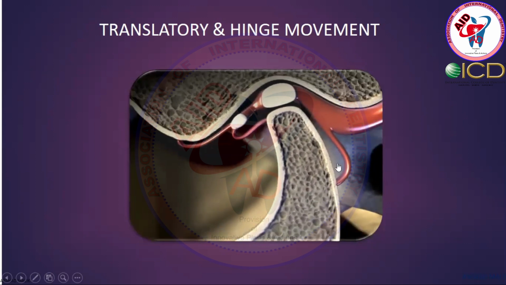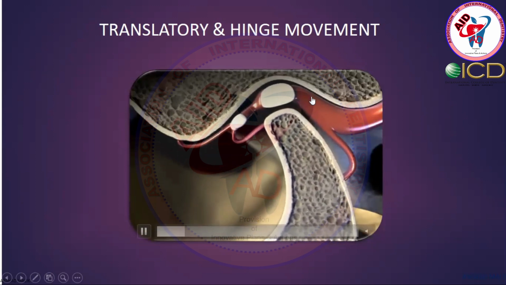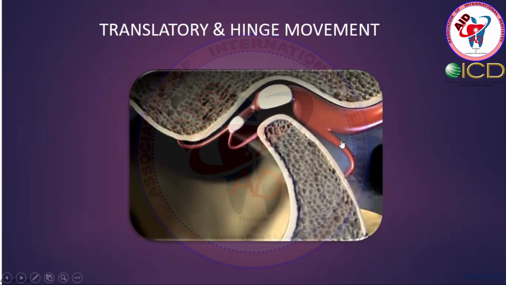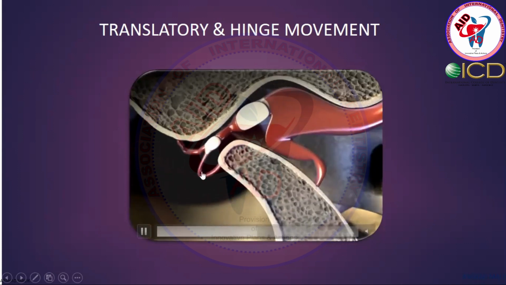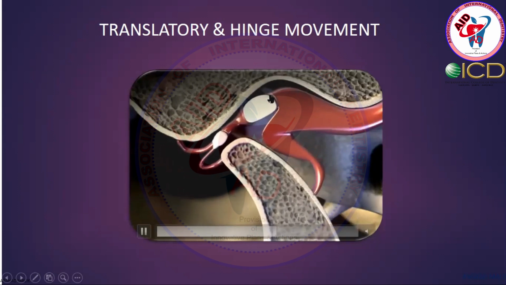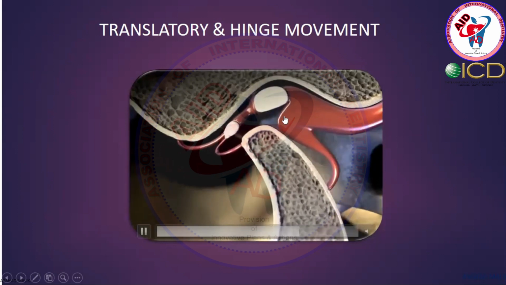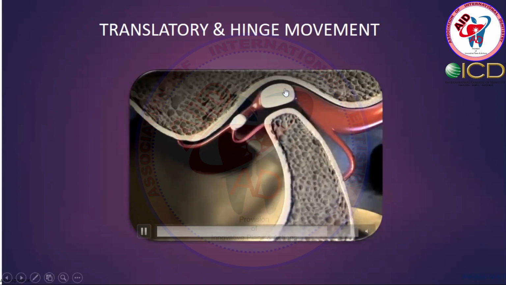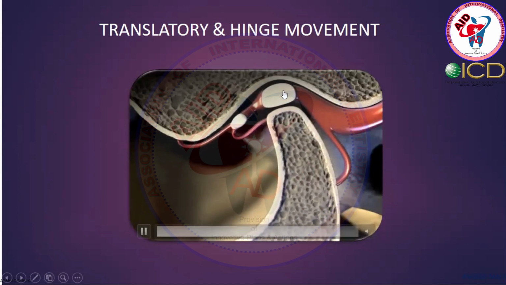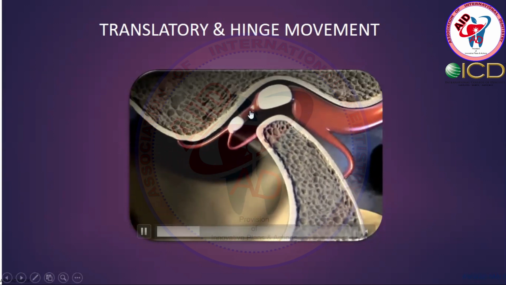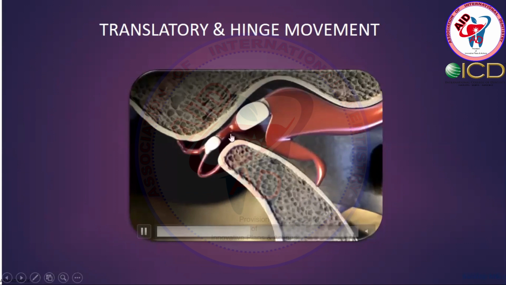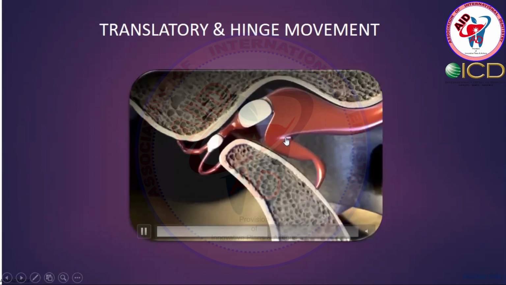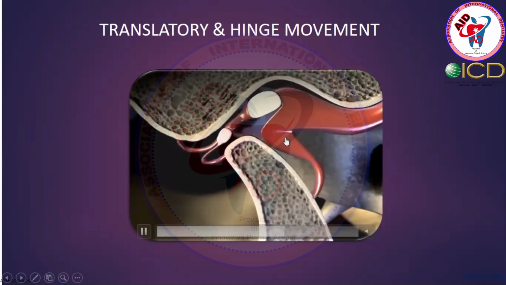That is the normal TMJ movement. These are the posterior ligaments, they are attached. This is, we say, the head of the condyle, superior head, and that is the neck, and here the disc is there. This is the condyle, and this is the posterior portion of the disc. This is the anterior portion of the disc. This is the middle portion of the disc, and the maximum condyle movement is with the middle portion of the disc.